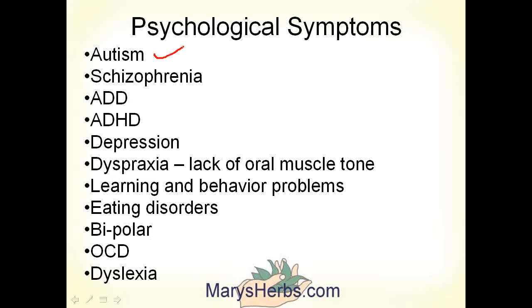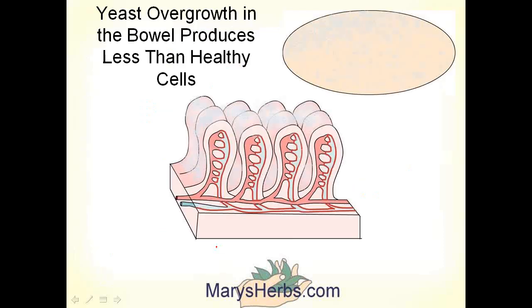Psychological symptoms: she believes the cause of autism is not enough good bacteria in the intestines. I don't know if that's true. Like I said, I haven't worked with it, but I do know this: if you give children that are autistic fermented foods, it's not going to hurt them. So if it's wrong, you're just going to make their bowels healthier. She says schizophrenia, ADD, ADHD, depression, dyspraxia, where babies don't suck very well, learning and behavioral problems, eating disorders, bipolar, which I don't agree with, OCD, sort of but not really, and there's other stuff, and dyslexia. So you might want to try these. She's a doctor, and she says that she has done studies that show that it produces results. And since it won't hurt you anyhow,